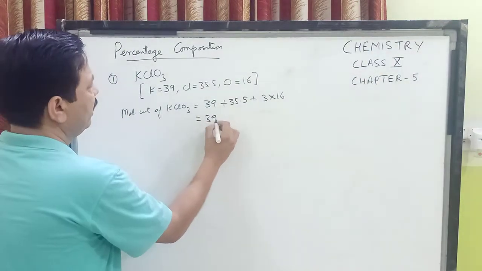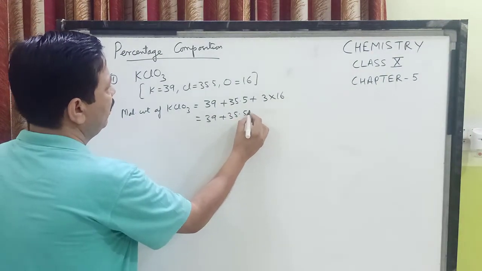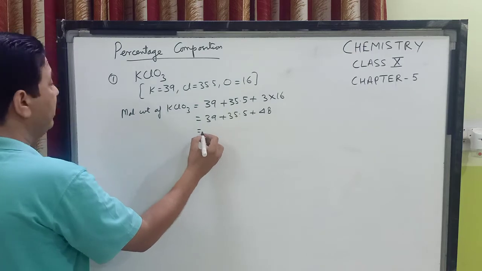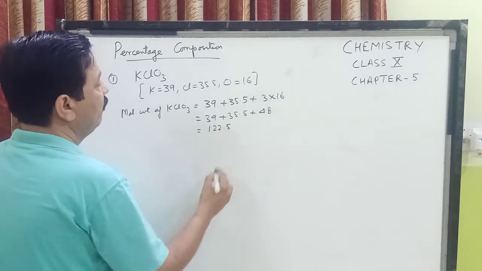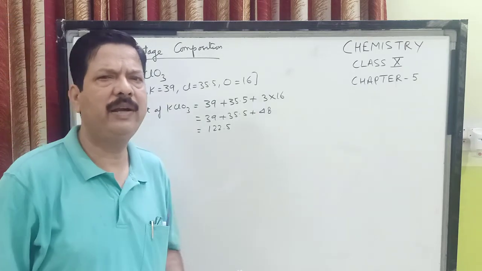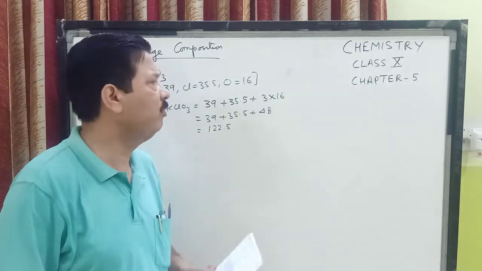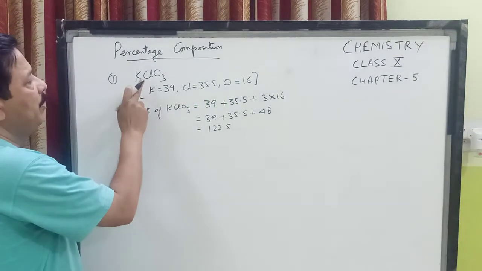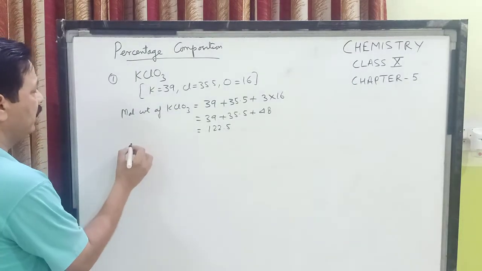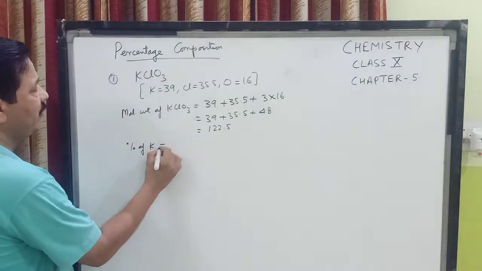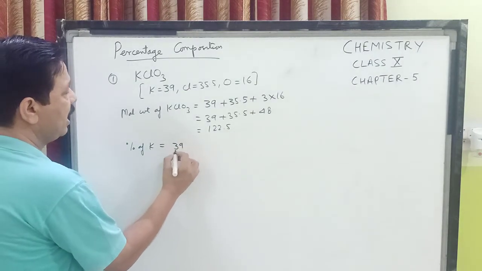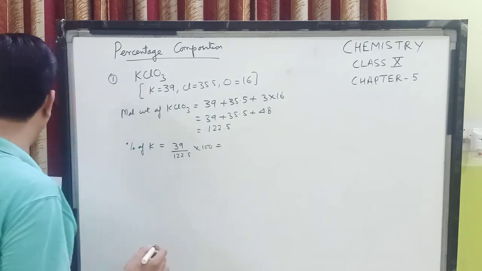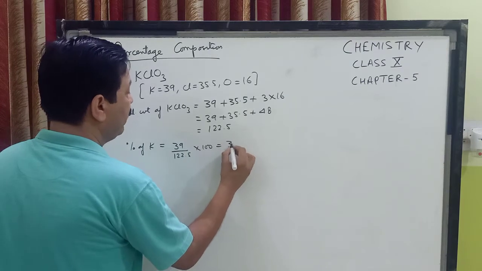Now children, that makes 39 plus 35.5 plus 48, and if you total it, it comes out to be 122.5. I have calculated these values so that time can be saved for other programs also. Now children, we are going to calculate the percentage of potassium, chlorine and oxygen. So the percentage of potassium will be 39 out of 122.5, and for percentage we multiply it by 100 and we get the answer as